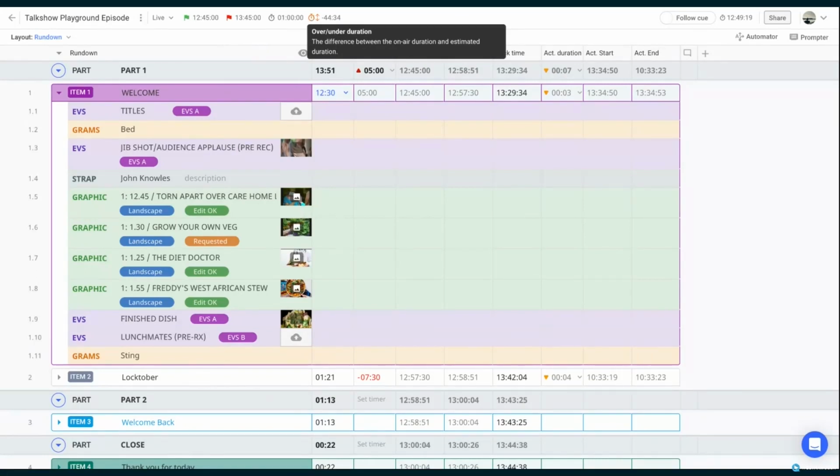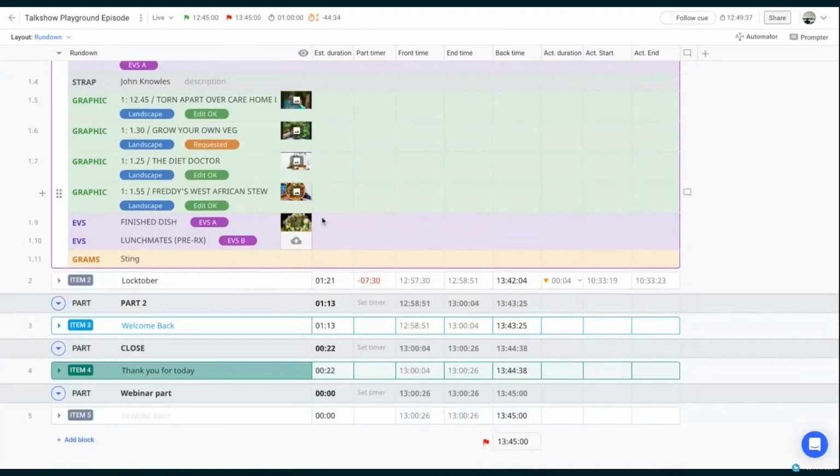So if we know that we are targeting a 1-hour show, then we know how much content we already have based on our estimated durations. Cuez will then tell me that I am currently, in my example, missing 44.5 minutes worth of content. So I know I have a little bit more work to do, so I can add more content to reach